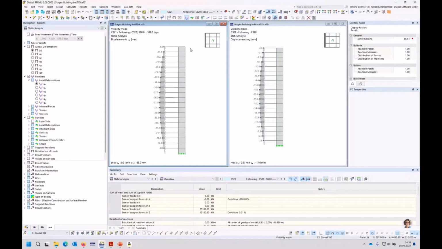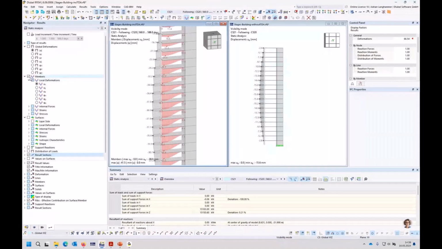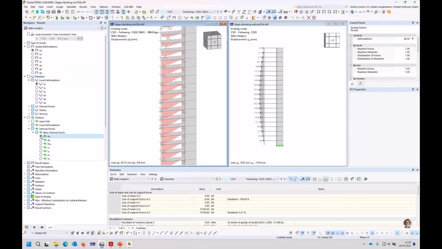And therefore I could, for example, have a look at the bending moments in the slabs. I have here a result section which I could activate. Maybe I switch off this and say I would have a look at the bending moments,